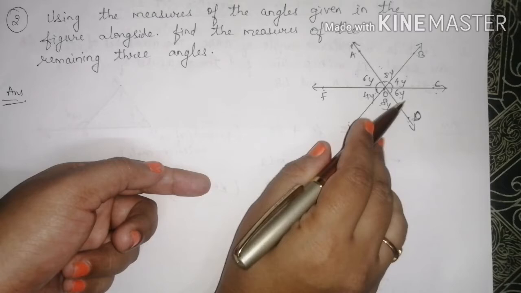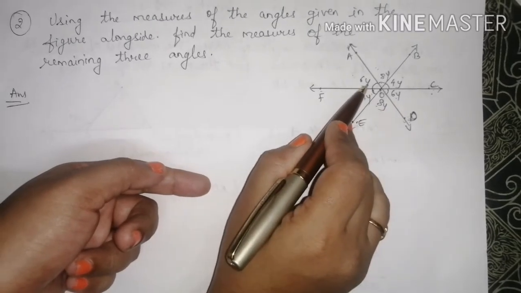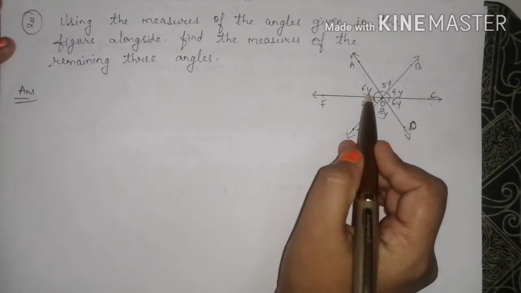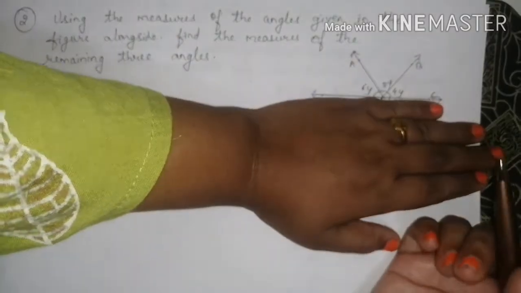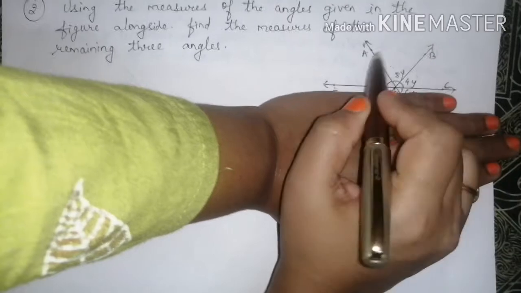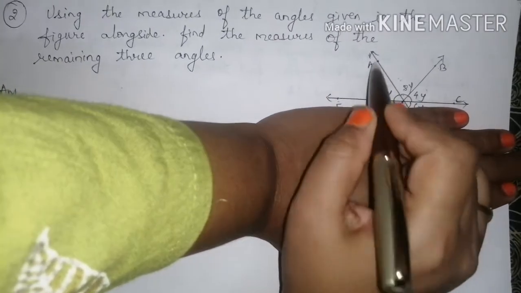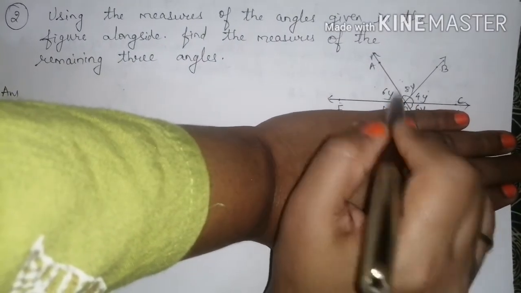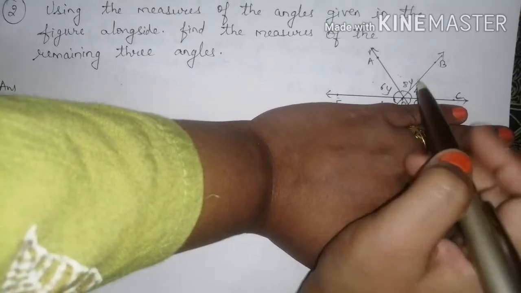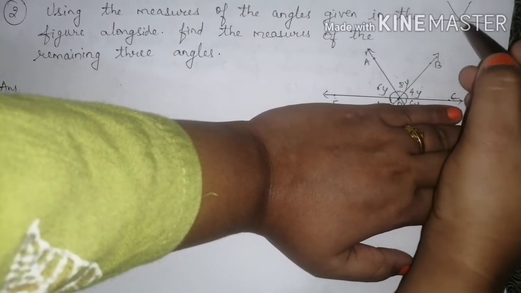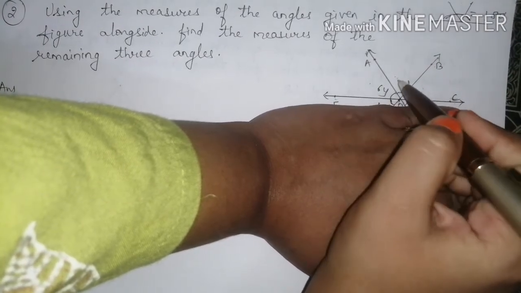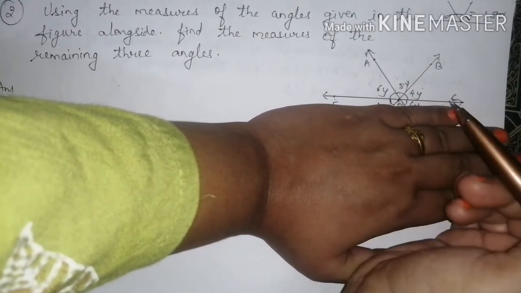Now I got these measures, but I don't want y. Actually, first I have to find the value of y. Now how to get the value of y first? Children, see, if this is a straight angle FOC, on this straight line there are these 3 angles forming: angle AOF, angle AOB and angle BOC. If I add all the 3, on a straight line the total is how much? 180 degrees. So I will add these 3 angles to get the value of y.